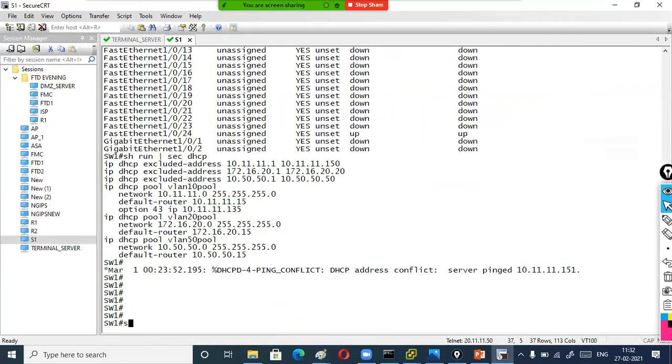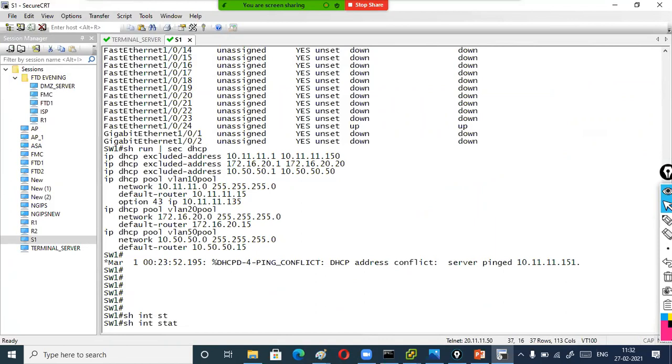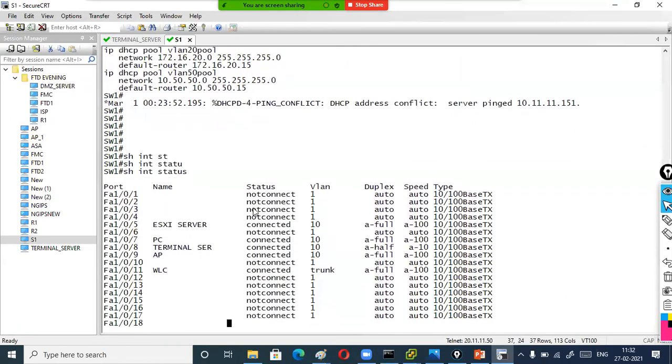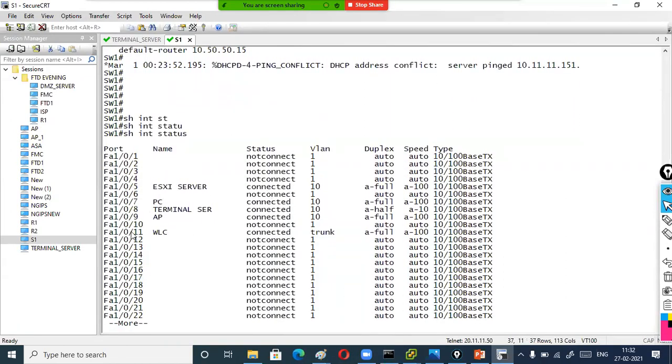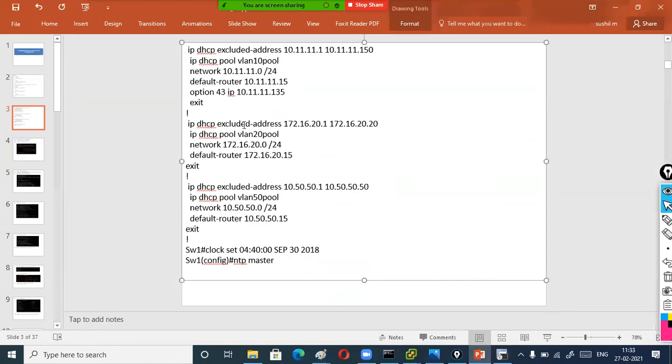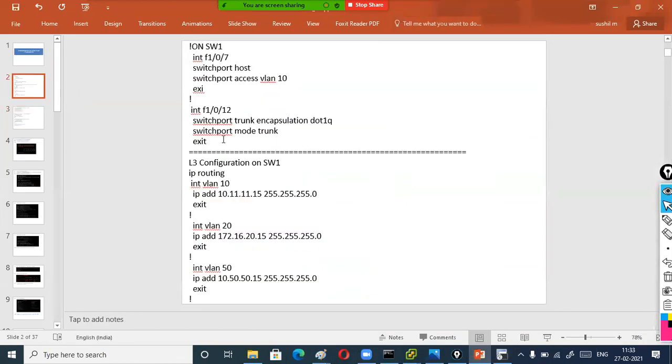On the physical switch, so interface status, you can see my port 11 is connected with the WLC and it is already made a trunk. So what is the command? I told you, in this configuration you guys can see there is one port as a trunk. That's basically 11, which is created as a trunk port. So make it a trunk, right? So your WLC is a trunk and WLC